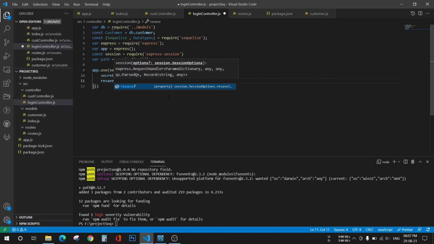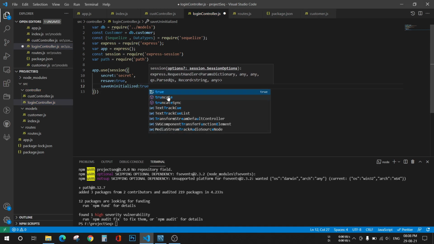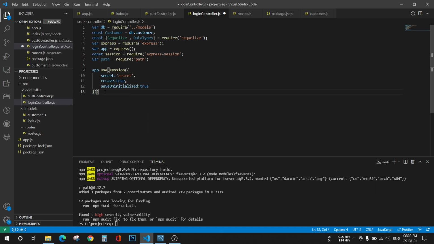Resave will be true, and saveUninitialized should also be true. For creating a login functionality, session is very important. Fine, done.